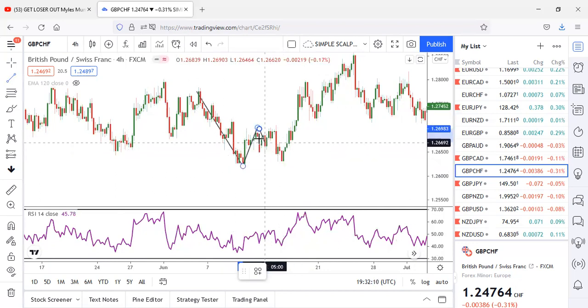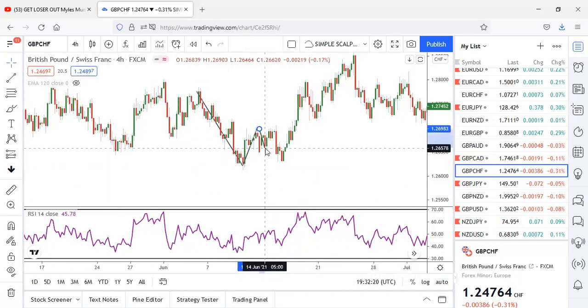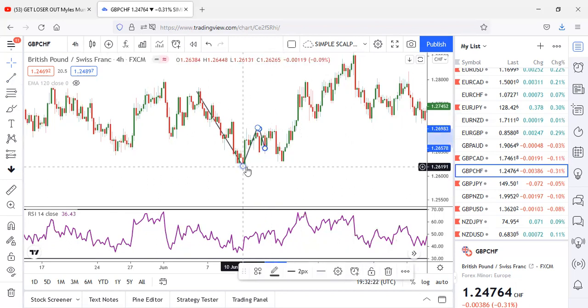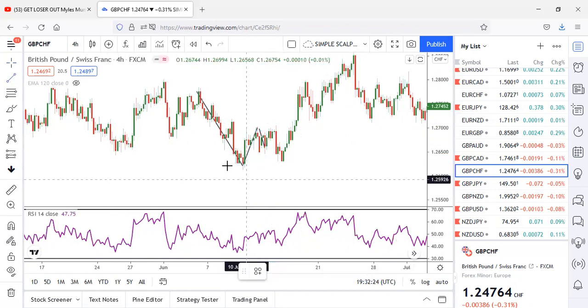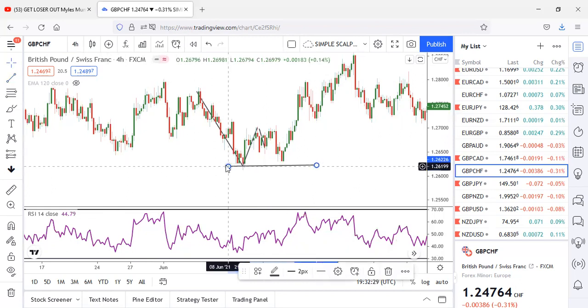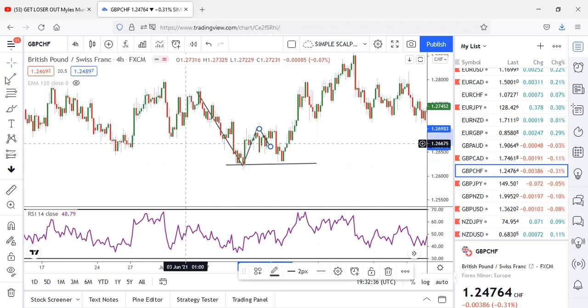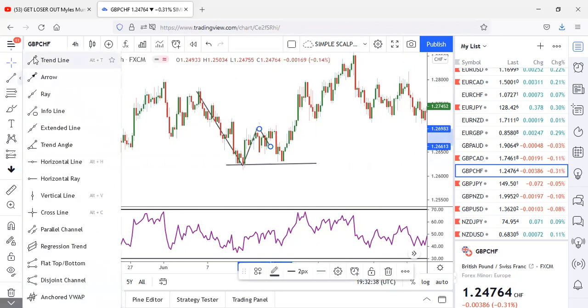The moment you see that price is heading down, then you want to take note of this area. So that is when you want to mark it this way. Although this is not so perfect, we can make use of it in order not to go so deep. All right. Now, once the market is coming this way, the next thing you want to do is to mark